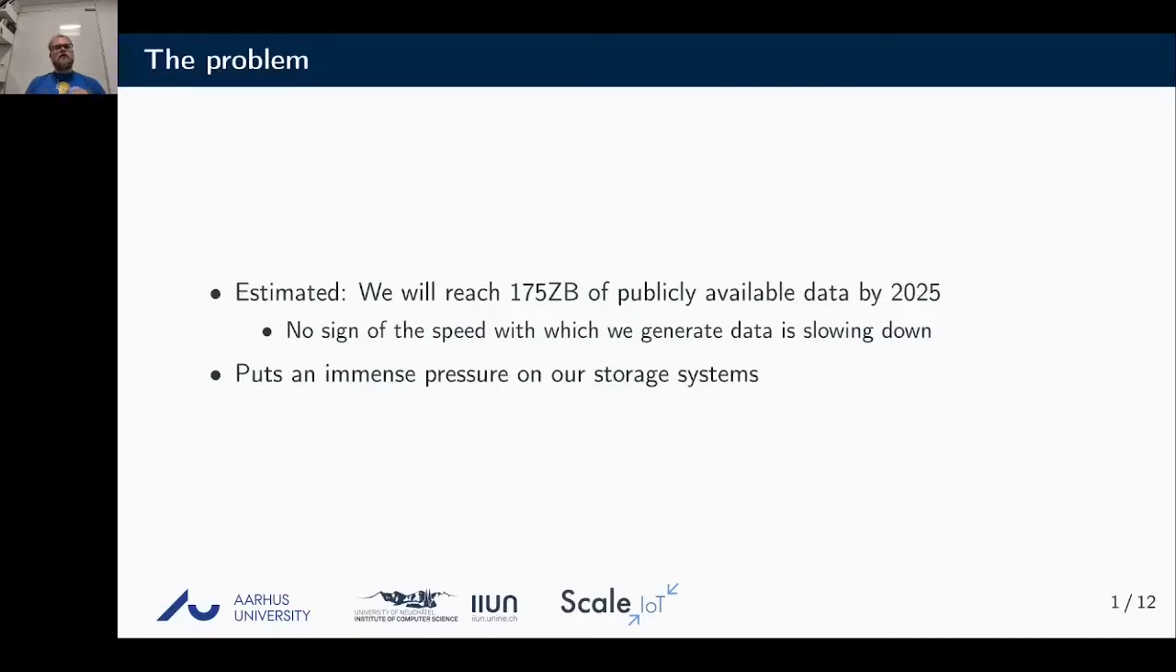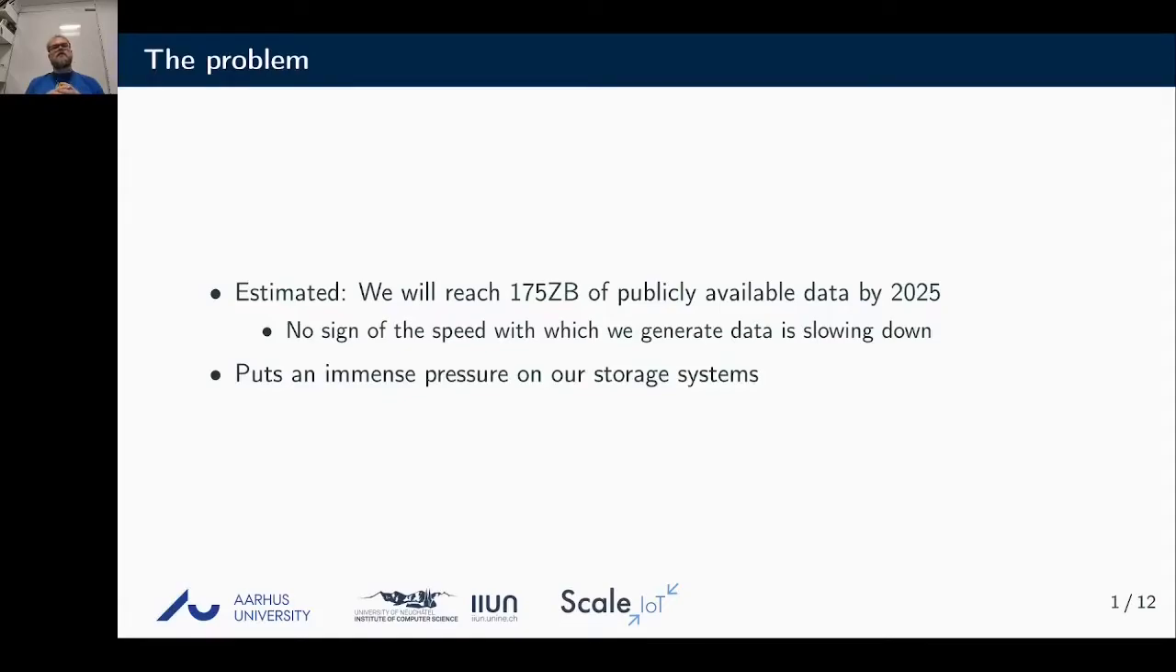So the problem that we're trying to mitigate, not fully solved because that's impossible, is the fact that us humans and the machines we employ are generating and collecting data at a higher and higher velocity and at a higher and higher volume that has no signs of slowing down whatsoever, and it is estimated that by 2025 alone we'll reach an amount of publicly available data that will reach 175 zettabytes, which puts an immense pressure on our storage